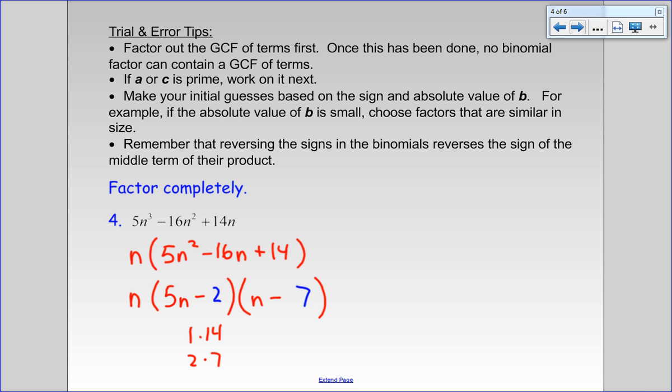If we place the 2 and 7 in these locations, note that we would have 5 times negative 7, which is negative 35. That's not anywhere close to negative 16. That will not work for a correct middle term. But if we reverse them,